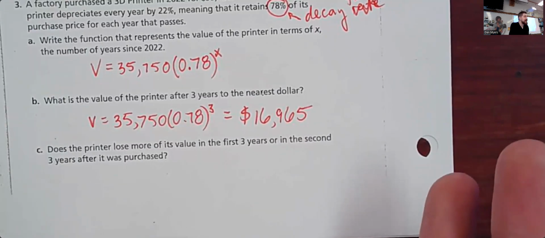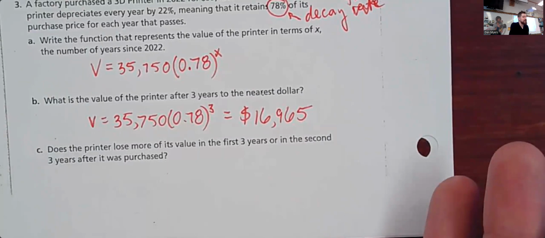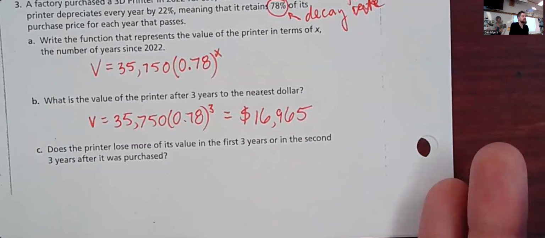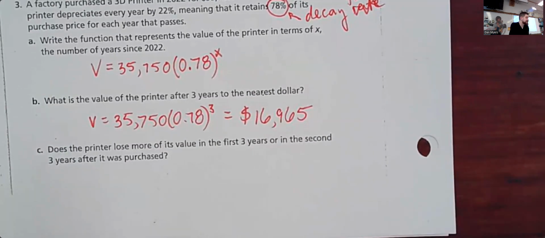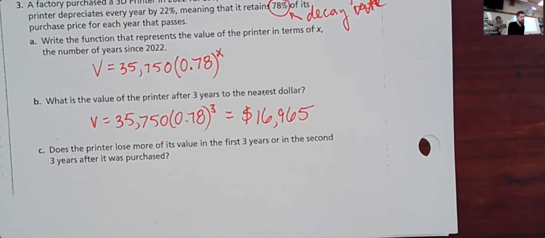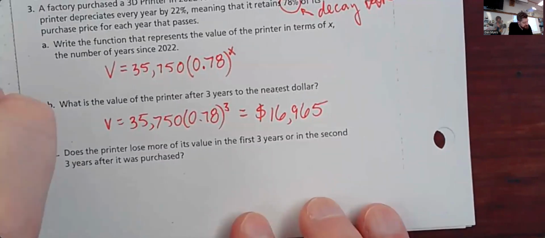Yeah, most of the value of a new car is lost. You lose the most value on a new car purchase probably within the first 5 to 7 years. After 5 to 7 years, the value still continues to decrease, but the decrease is slower than it used to be. The depreciation is the most when something is new. So it's definitely going to be the first 3 years, but let's figure it out. So first 3 years,